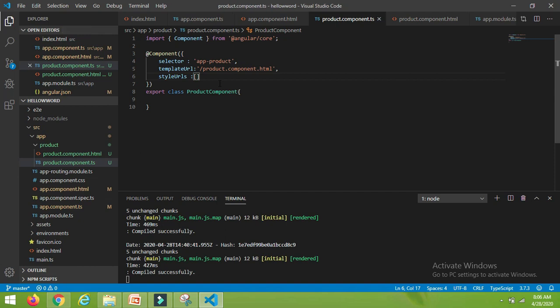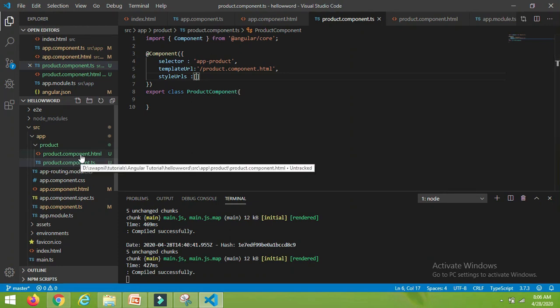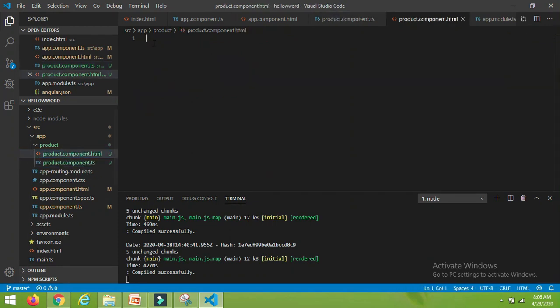So let's check whether it is working or not. Let me put some code inside the HTML file. Let me create one text within an h3. I will give the text: I am in product component.